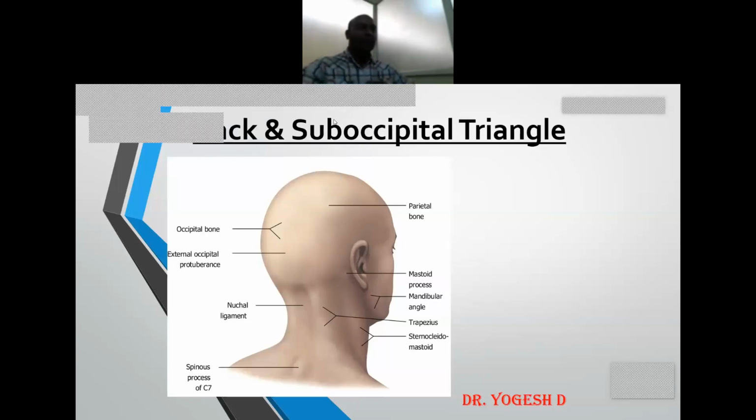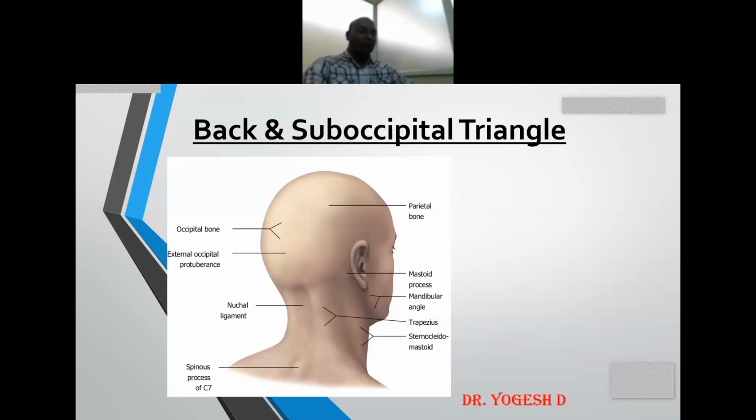Good morning, everyone. So today I'll be talking to you about the back of the neck and the suboccipital triangle. As you already know, there are quite a lot of muscles in the back of the neck which are enclosed by the prevertebral or the vertebral layer of deep cervical fascia. Okay, and you have come across some of the muscles in the back of the neck in the dissection